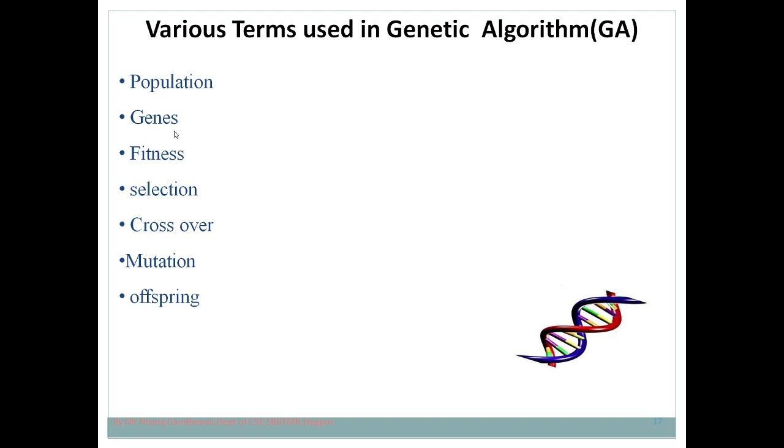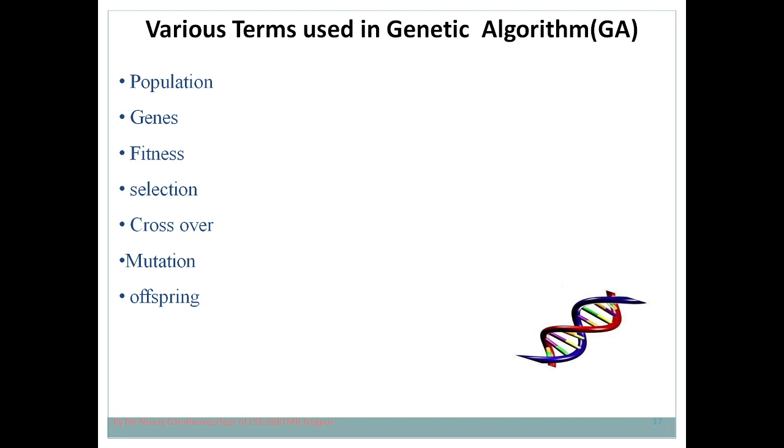Then genes are there. Just as I told you, genes are responsible for features. A particular path is the longest path, a particular path is the shortest path. Every path is different. In the universe, every individual is different from others because their genetic structure is different. Their genes are different. The genes are responsible for your hair color, your eyes, nose, legs, hands, all because of genes. So genes are different.